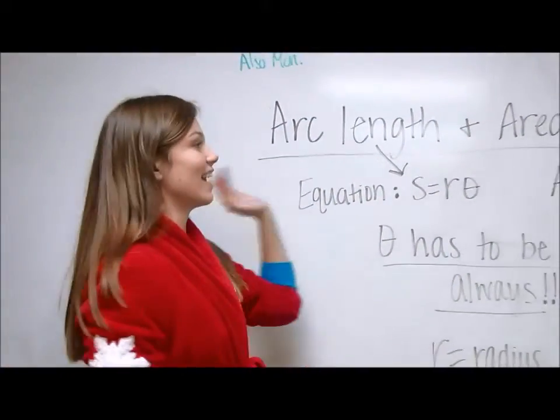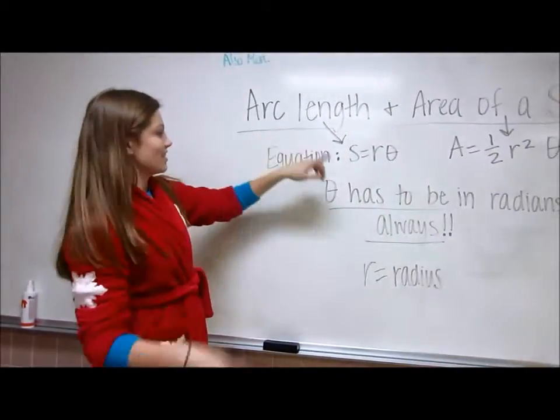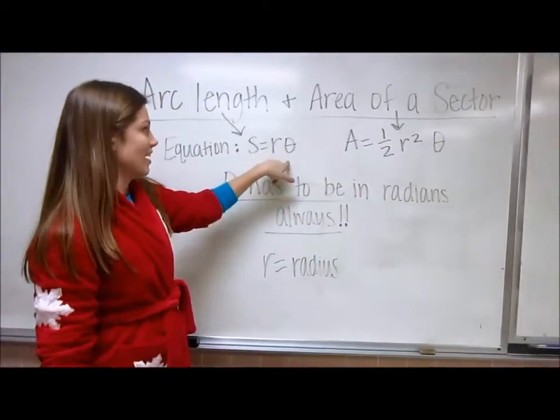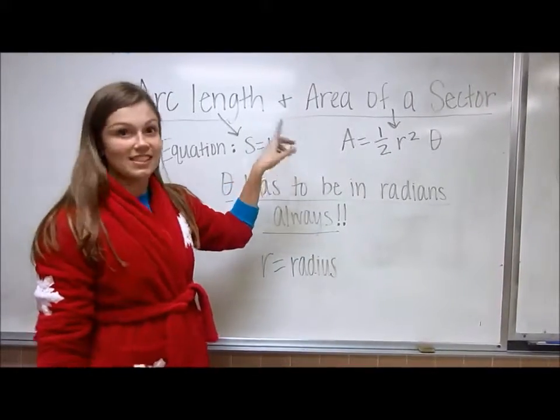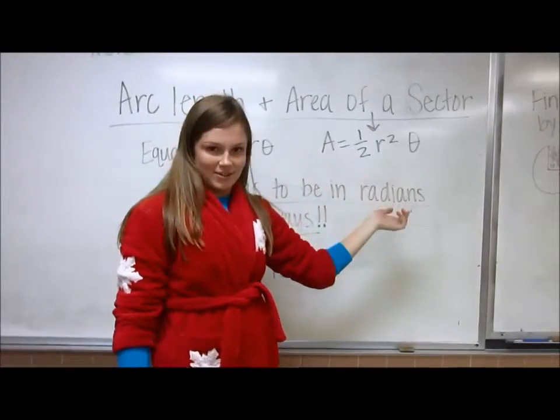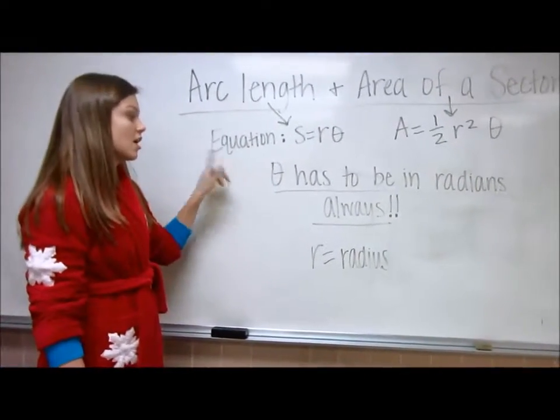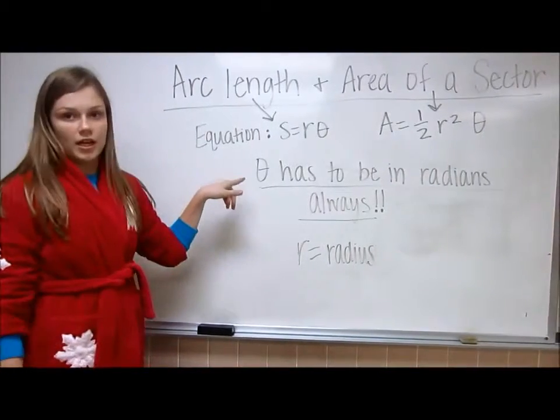Explaining arc length and area of a sector. So the equation for arc length is S equals R theta, and the equation for area of a sector is A equals 1/2 R squared theta. Okay, so theta always has to be in radians, and sometimes they give it to you in degrees, so you